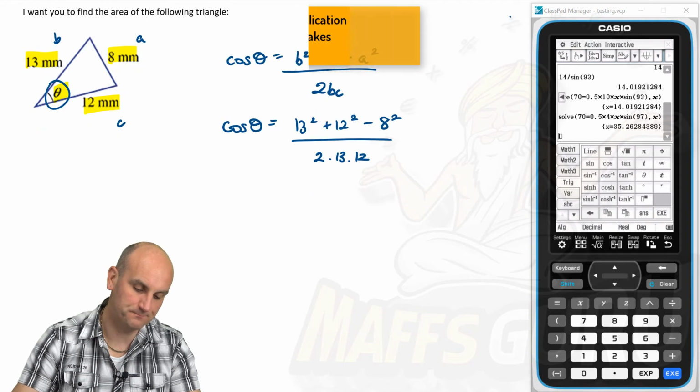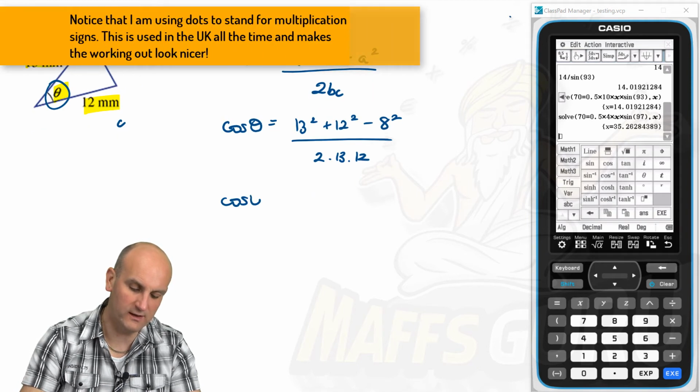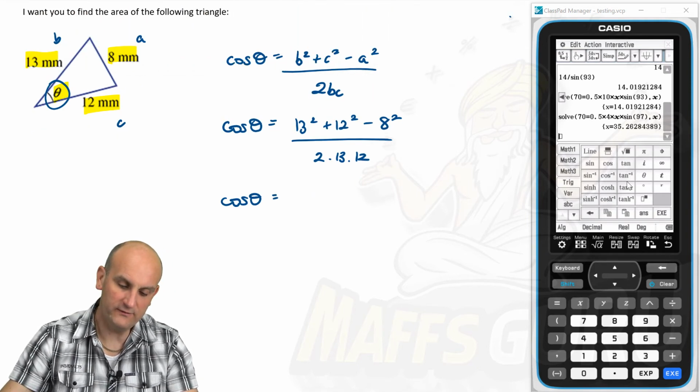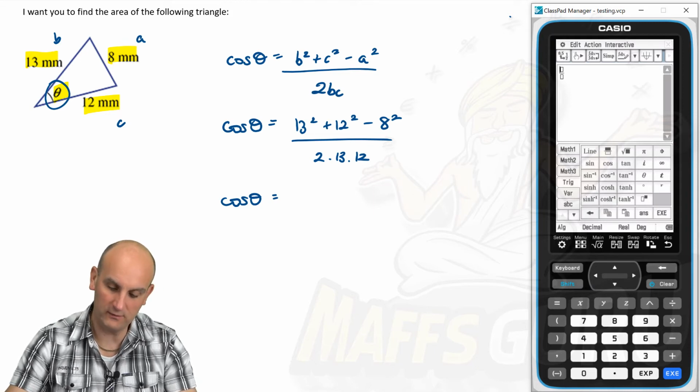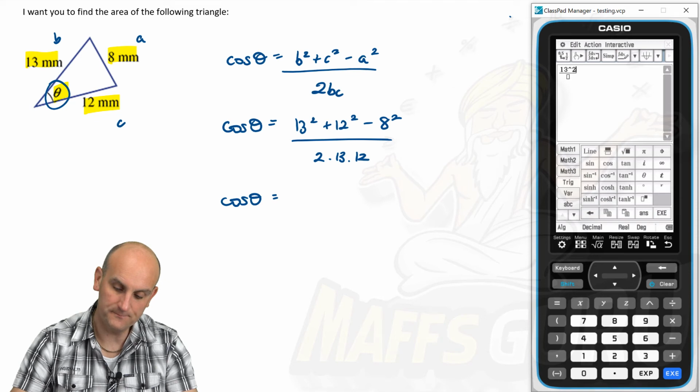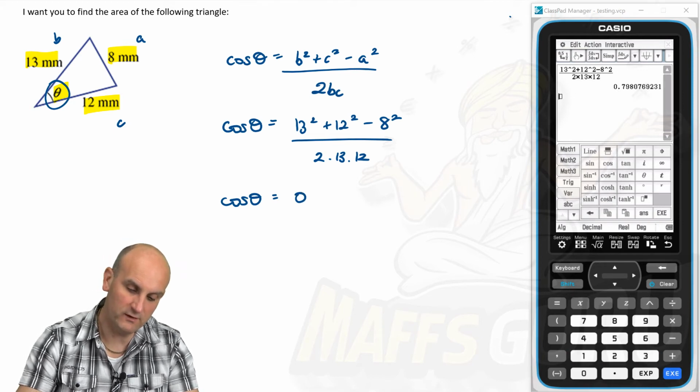Let's scroll up a little bit. And so we know that the cosine of theta will be given by, let's actually clear down my calculator to give myself a little bit of room to clear all of that. So let's do this as a proper fraction. It's not going to hurt, my calculator can do it. 13 squared plus 12 squared minus 8 squared. Let's do that actually rather than divide sign. Divided by 2 times 13 times 12 gives me the spectacular value of